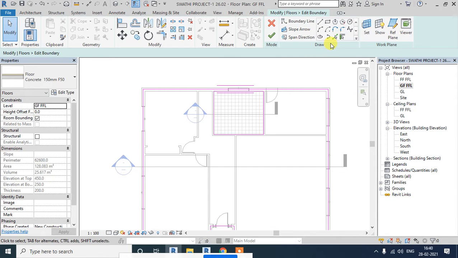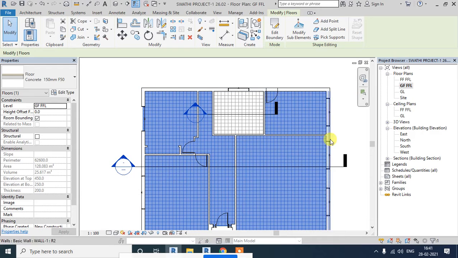These 3 bars indicate the span of my floor. This is how the floor is spanning. When you are editing the profile, you have the span direction here. You can change it. There you go. Okay, fine. That is done.